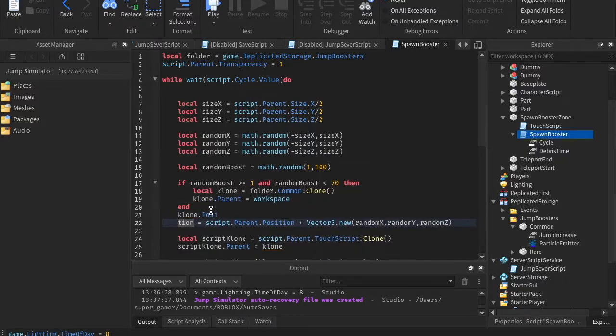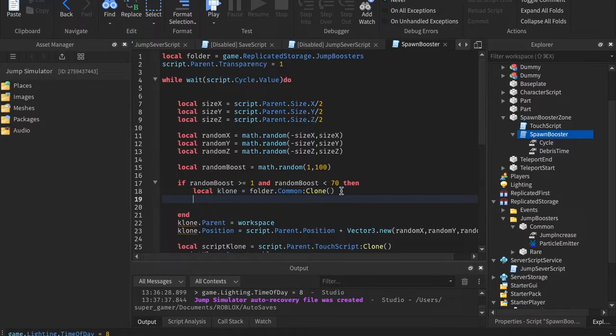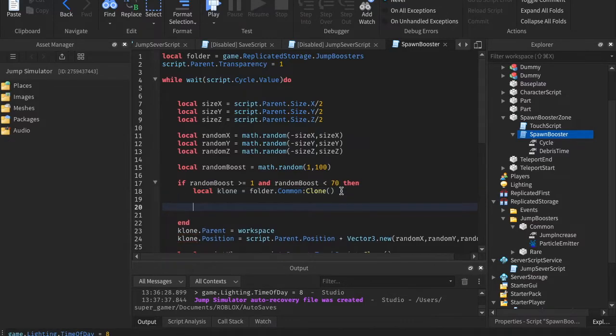we're going to take this and put the parent out here. We'll say clone.com. Basically, we're going to create a common jump booster. And then we're going to say else if random boost is greater or equal to 70, that's at 60, 70, then local clone is going to equal